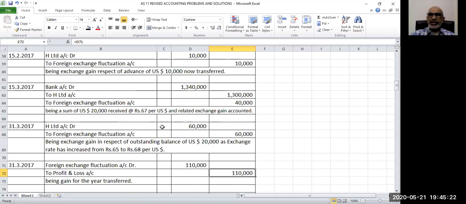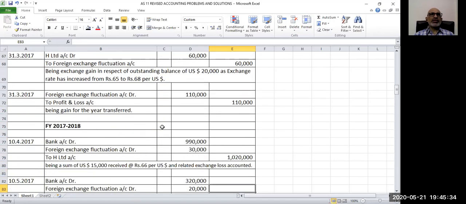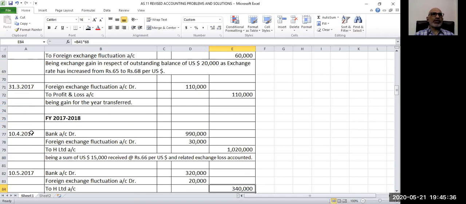Let us go to the next year now. Now, in the next year, what is going to happen? We have received 2 more remittances from the same party as a final settlement of these amounts. First remittance in 2017-18 is on 10th of April 2017, where we have received $15,000 at the rate of 66